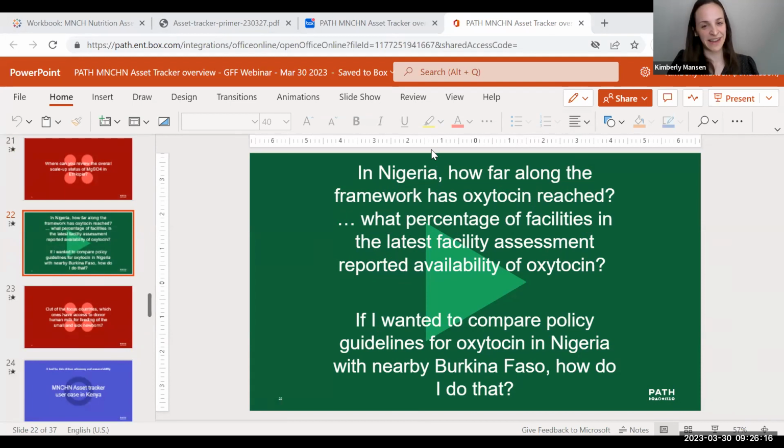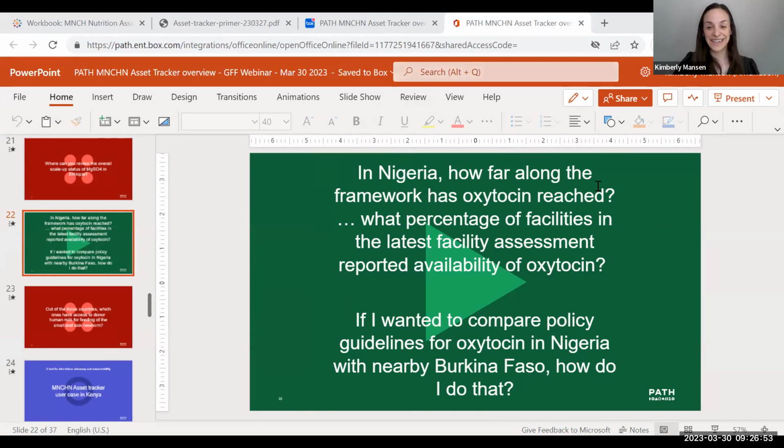There's a couple of ways to find this out, but in Nigeria, so we're thinking one country. So we want either the country tab toward measuring progress, country progress towards effective coverage, or we want to be looking at the cascades because that will also show the farthest along data on the framework. So how far along on the framework? So I would actually choose the country's progress on achieving milestones tab. Let's go ahead and do that together.